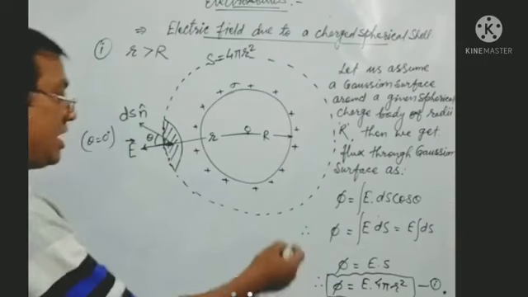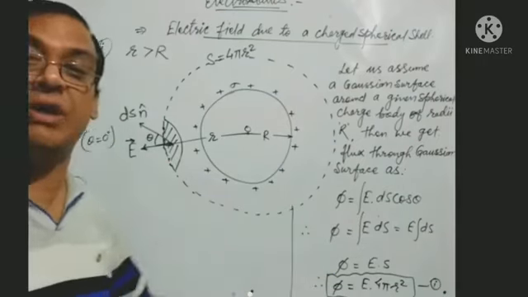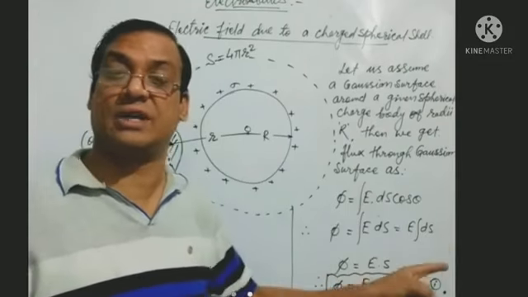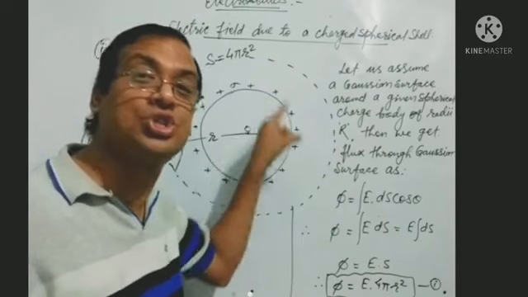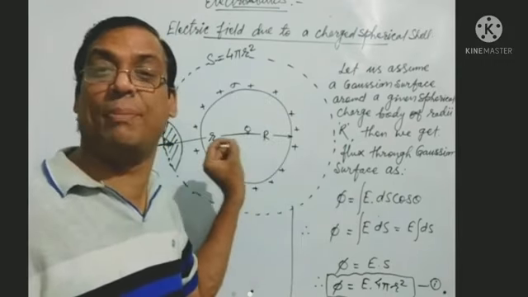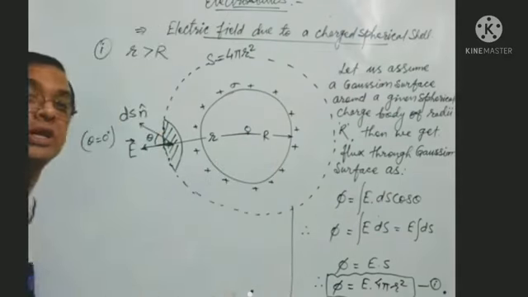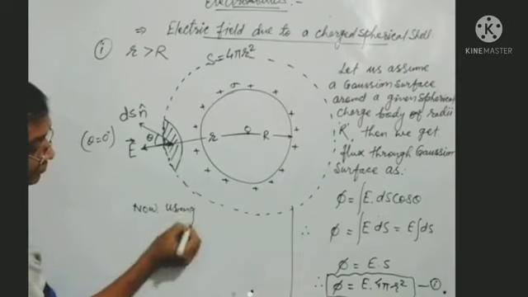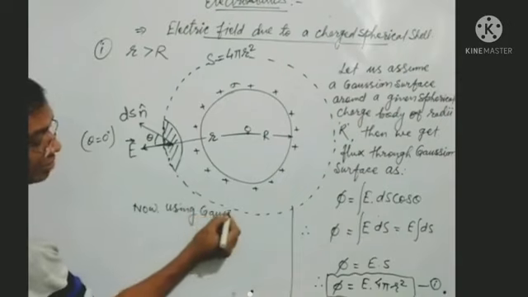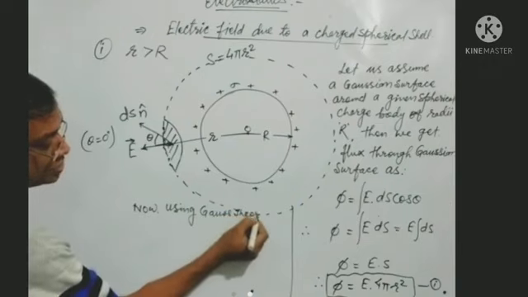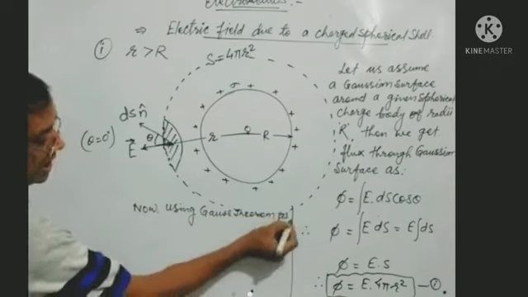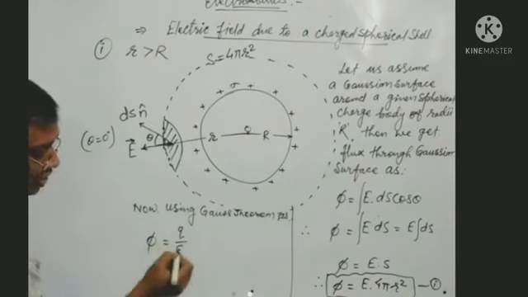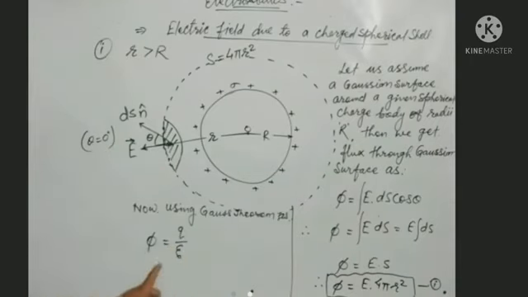Afterwards, we need to write down something else. Once we find out this flux through the Gaussian surface, then we have to find out the flux due to the enclosed charged body, and then only we'll apply Gauss theorem. So now, using Gauss theorem, students, we write down Gauss theorem as flux phi equal to q by epsilon naught. But as you know, q is given as